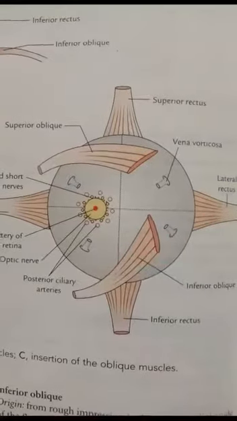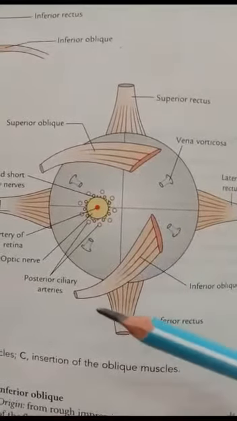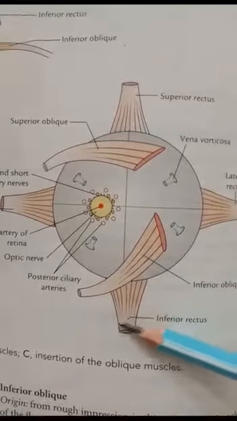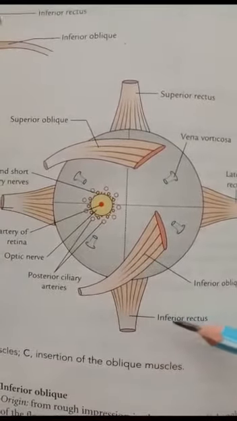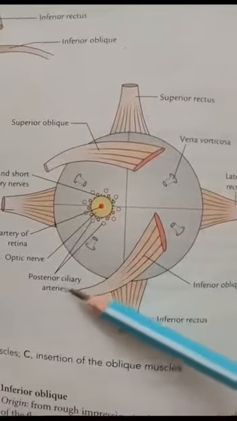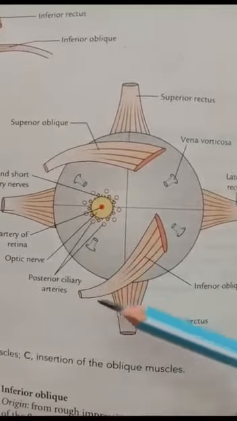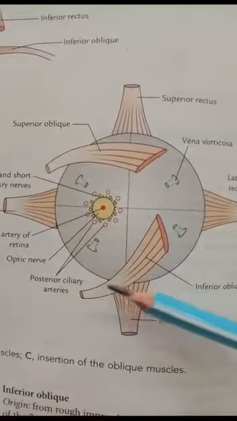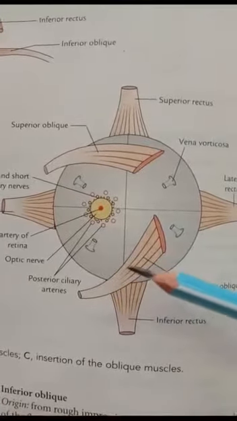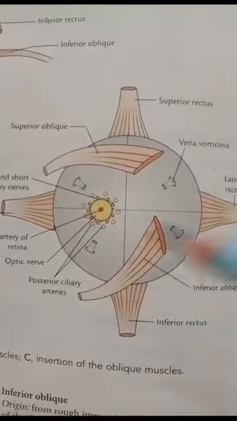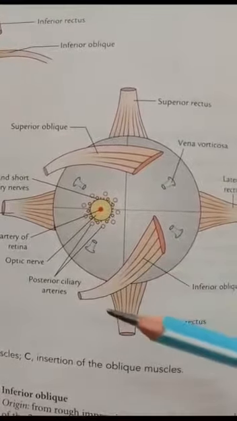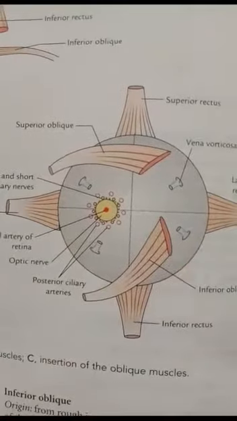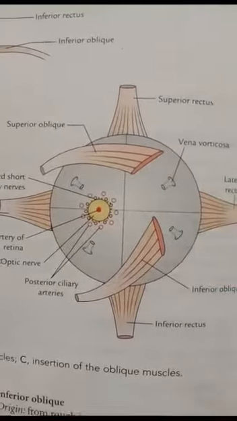So that is the main important function done by the superior tarsal muscle. Then the inferior tarsal muscle extends from the fascial sheath of the inferior rectus and the inferior oblique muscle. It possibly depresses the lower eyelid. So those are the functions done by the inferior tarsal muscle. Then let's see the voluntary muscles.